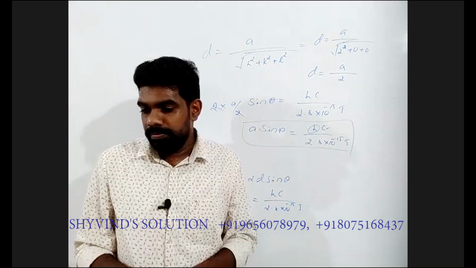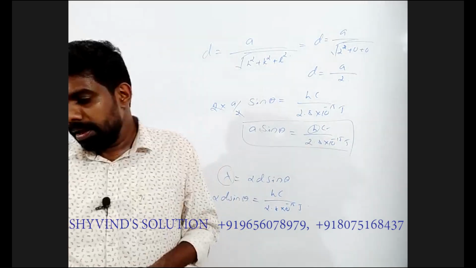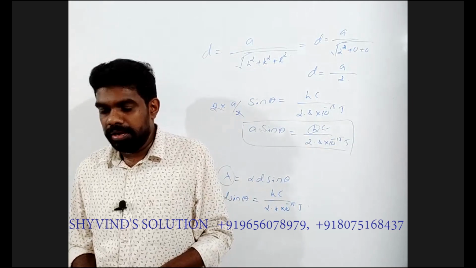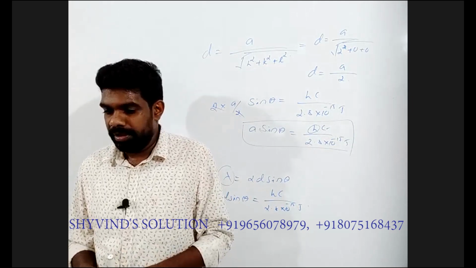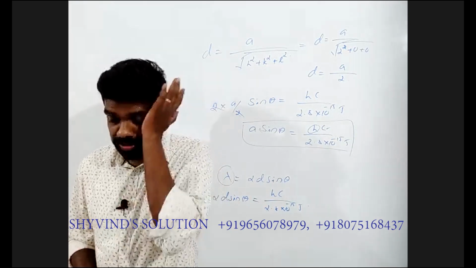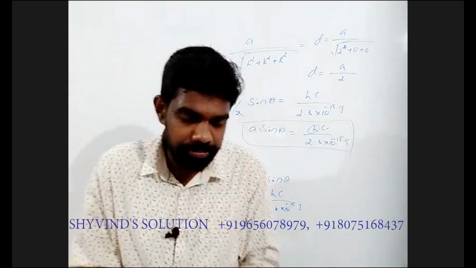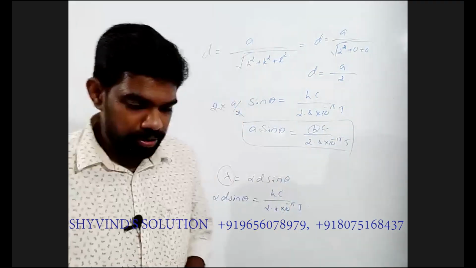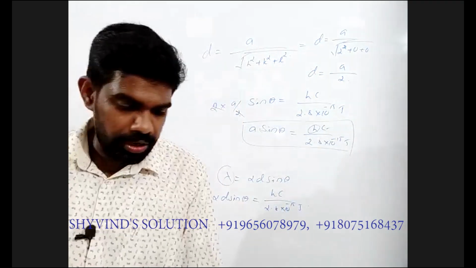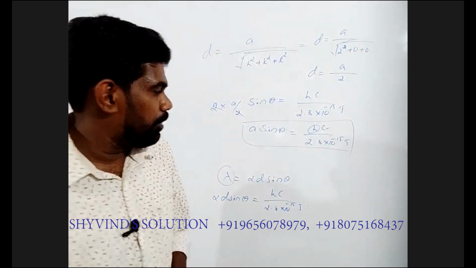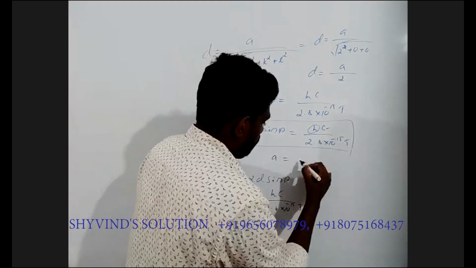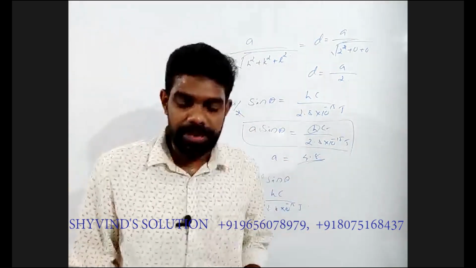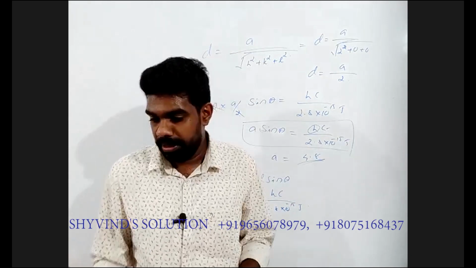So it should be in angstrom. The wavelength should be in angstrom. So you will get the answer in meter, and you should convert that into angstrom. So the answer is 4.8. If you calculate the values, you will get the value 4.8. So A will give you 4.8 all the way. If you substitute all the values, you will get 4.8. Okay, answer is option C. Okay, correction.